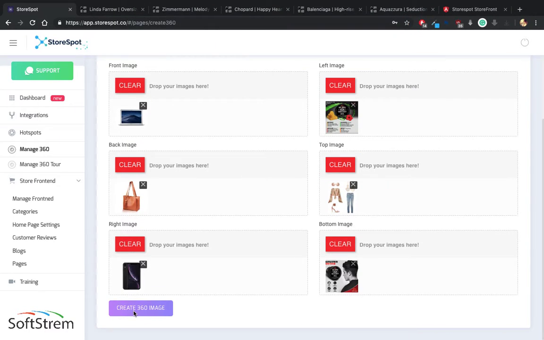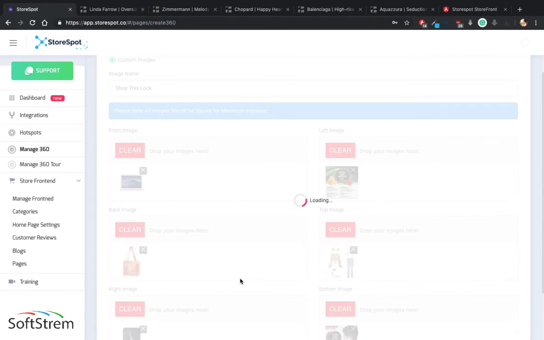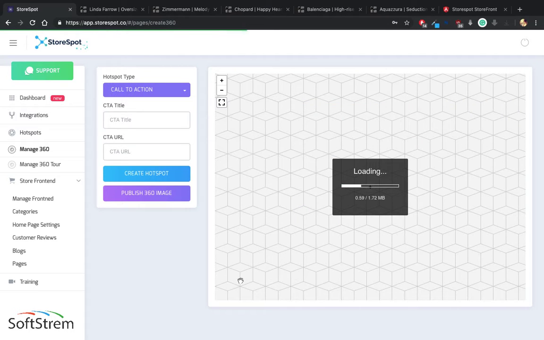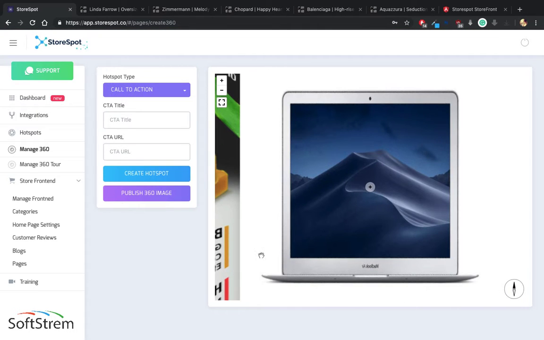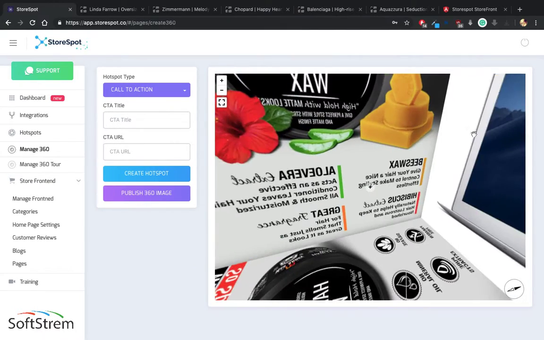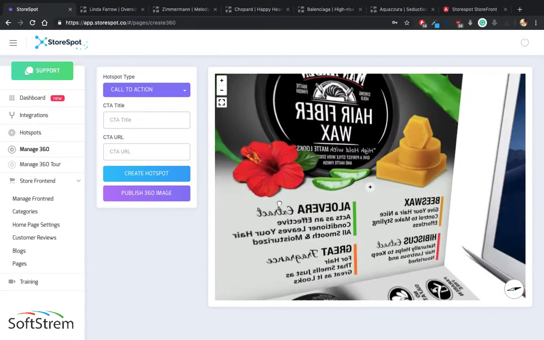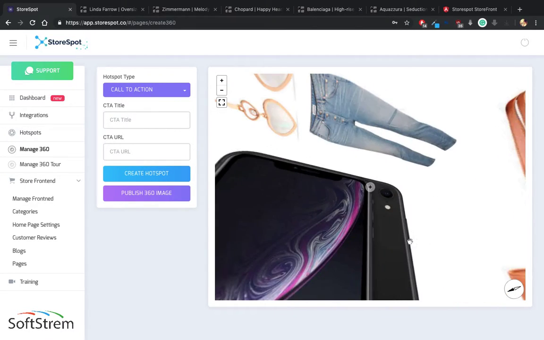So once you hit create 360-degree image, it will merge all these 6 images and create one 360-degree cube map which you can use for adding hotspots. So this is the cube map which is created with all the product information which we added. Now we just have to